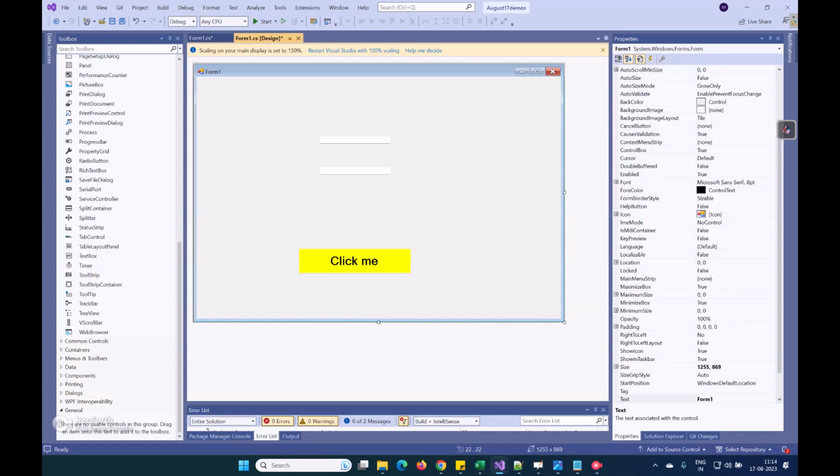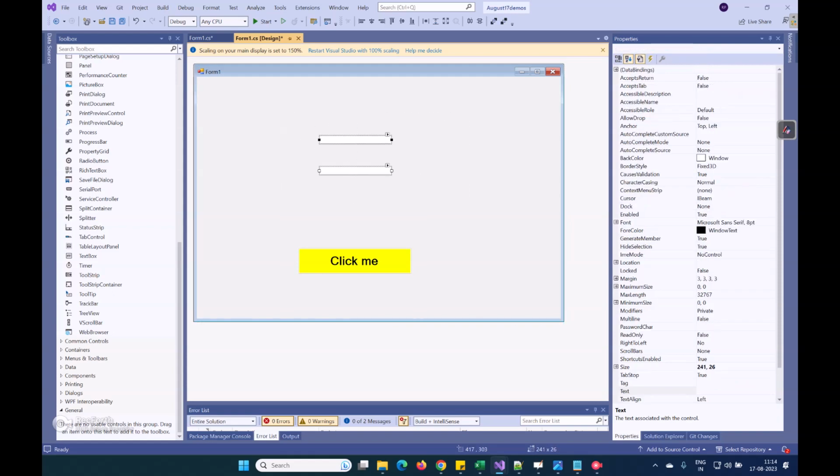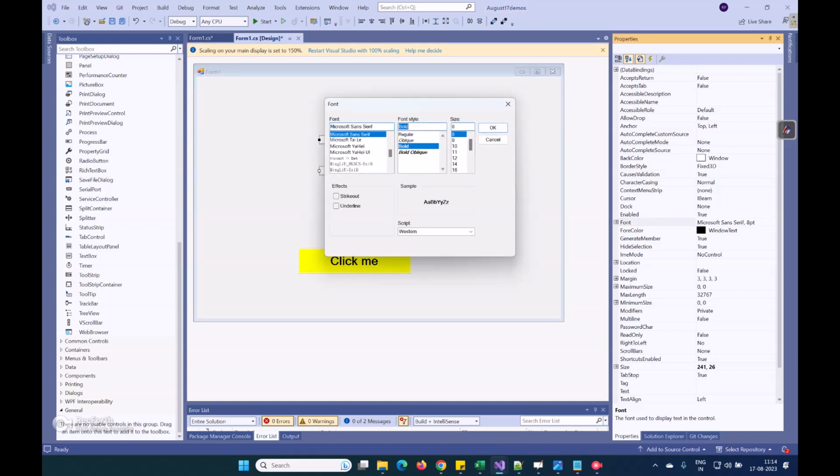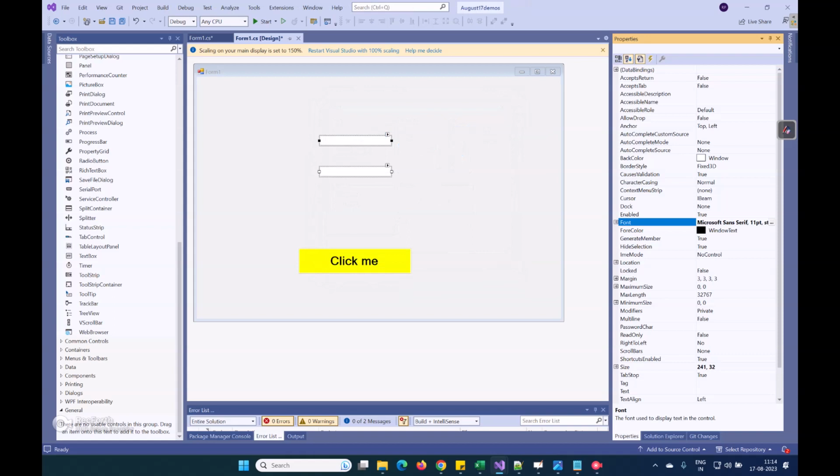Okay. We can change the font of this one at a time. This you can drag like this. I am dragging like this. You also drag like this. Now you go to the font. At a time you change the font of both of them. Bold, 11. So it will be a little bit bold. If you drag, it will occupy the region. Done this much.